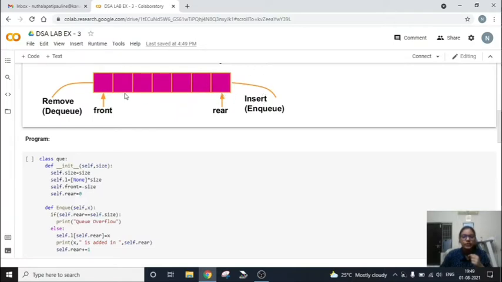In the program, initially the rear will always be pointing to the first index position, which means if the queue is empty, before we insert any values, the rear and front will be pointing to the same index position of the array.